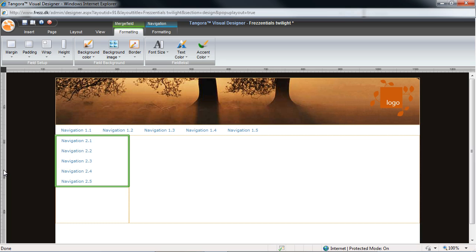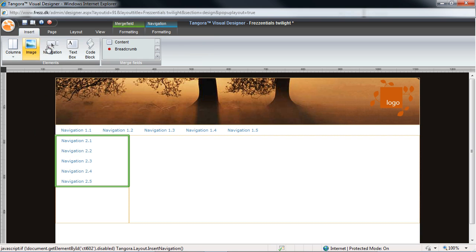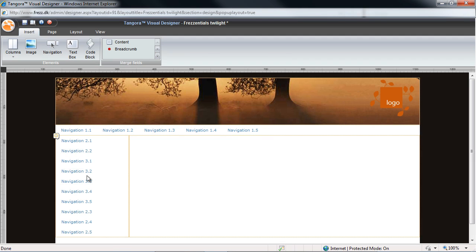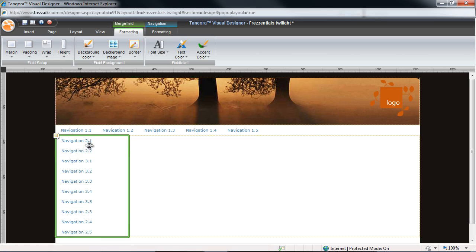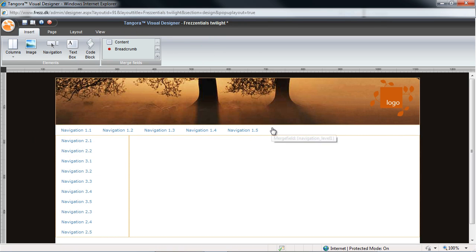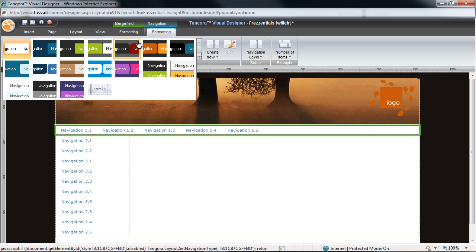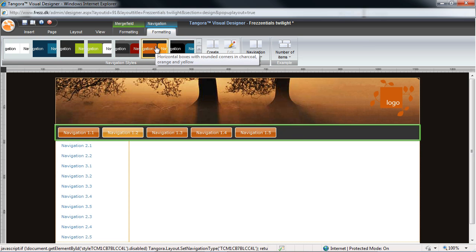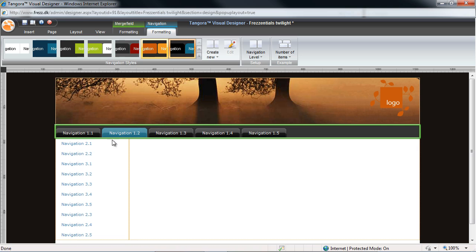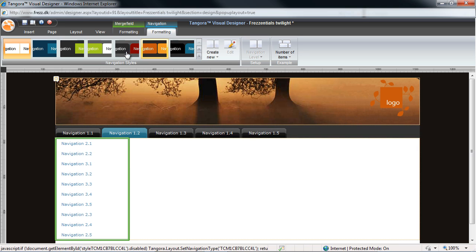If I want to have my third level pages to appear under their respective second level menu points, I can take hold of my navigation and then just insert another navigation, and now it'll just work automatically. Now I can format my navigation. I'll grab hold of the main navigation. For a start, I have a library of different customizable looks, so I have the option to choose one that resembles what I want, and I could do that for the sub-navigation as well.